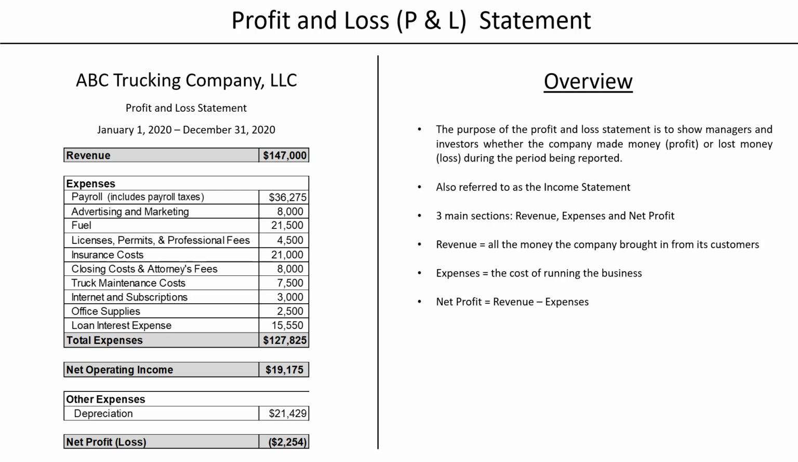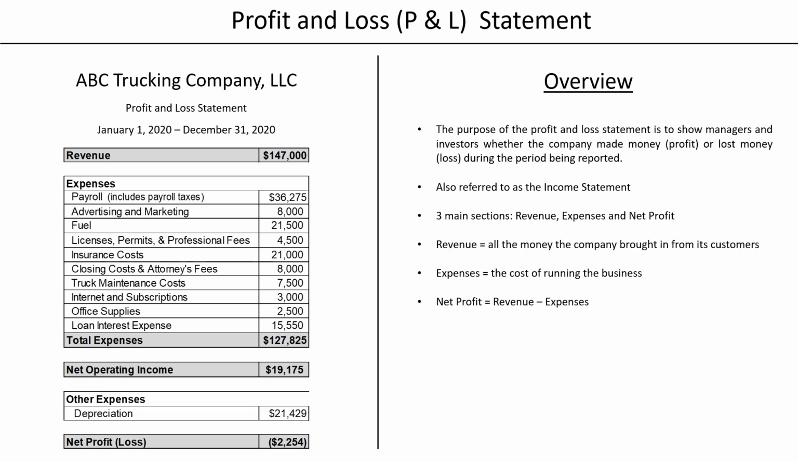The revenue represents all the money a company brought in during a specific period of time. The expenses represent the cost of running the business. So the profit is equal to the revenue minus the expenses. So let's take a look at the profit and loss statement for ABC Trucking Company. The income received from all of its customers for the year totaled $147,000. All of the expenses paid throughout the year totaled